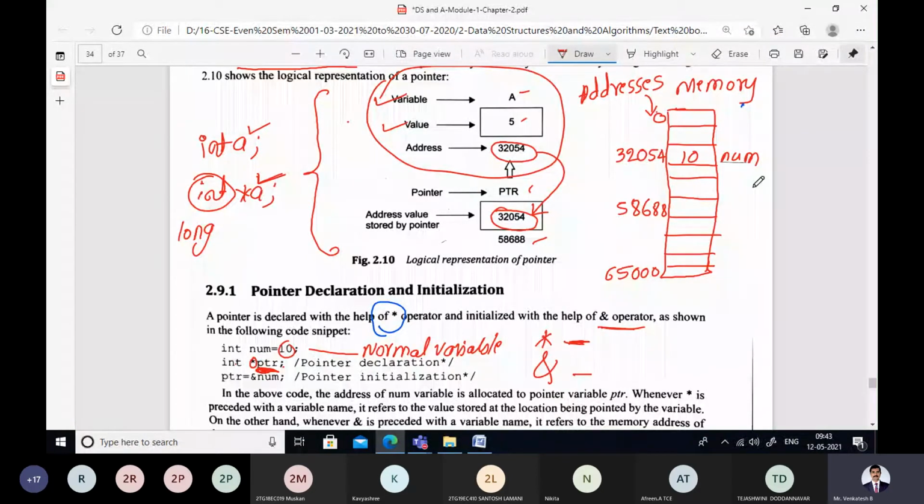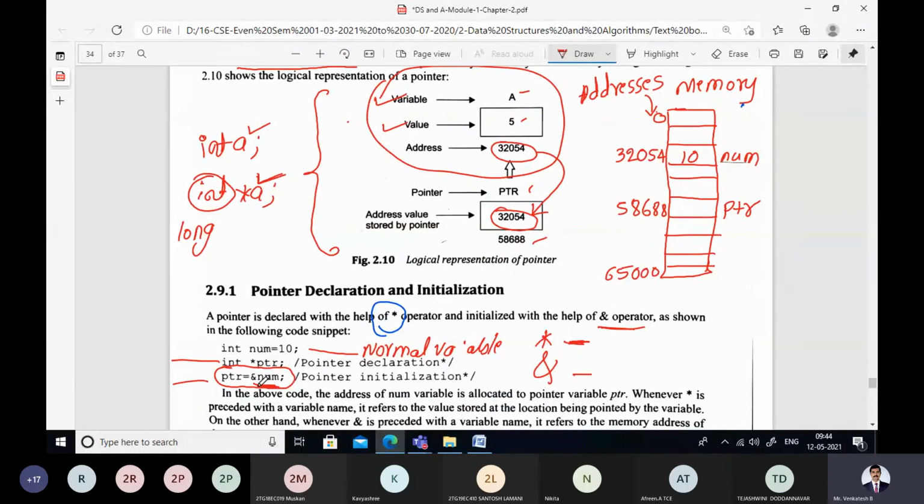Now this is the statement where we are trying to show the functionality of the pointer. You concentrate on this line. What it does, pointer is being initialized here. In this line we are declaring the pointer and here we are initializing the pointer. What we are trying to do, address of num. What does this operator indicate? Address of operator. Fetch the address of number and store it in a variable called PTR. This is how we initialize the pointer.